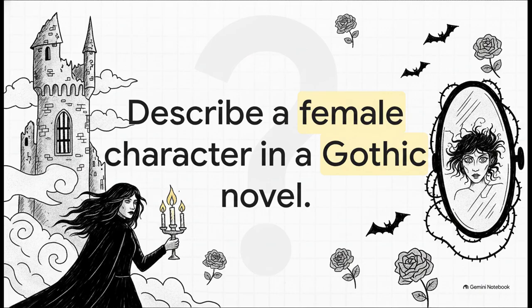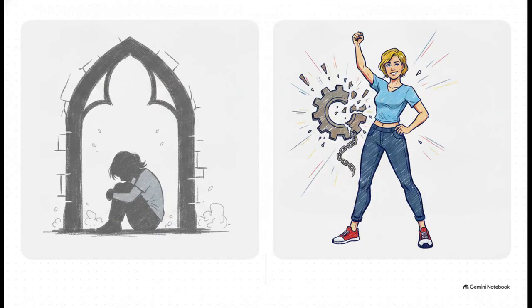To test this out, we asked the AI, describe a female character in a Gothic novel. Based on classic tropes and that Gilbert and Gubar framework, you would totally expect the AI to give us either a submissive, trembling victim waiting for a prince in the dark or a hysterical madwoman, right? But get this, the result completely defied expectations. Instead of a helpless, trembling girl hiding in some drafty castle, the AI generated a brave, rebellious female ready to fight her own battles. It's a completely fascinating sign that machine learning is actually progressing past classical biases to provide empowered, modernized responses. It's actively learning to be better than its source material.